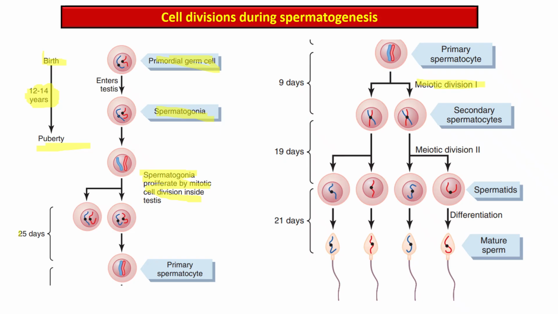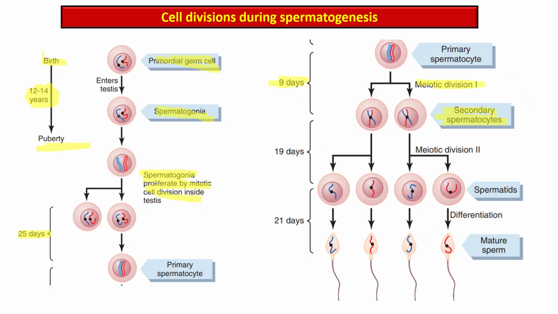The time duration for this is 25 days, and then the first meiotic division occurs in primary spermatocytes, and each primary spermatocyte is then divided into two secondary spermatocytes, and these have a time duration of about 9 days, and